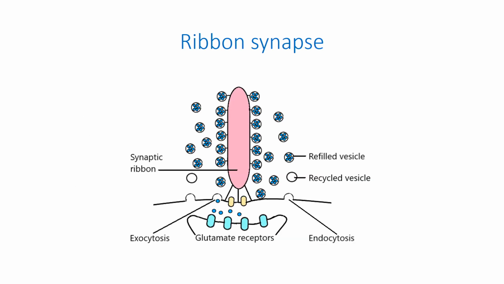Rod and cone cells and bipolar neurons in the retina and hair cells in the inner ear have specialized ribbon synapses. They possess an electron-dense proteinaceous organelle, the synaptic ribbon, which is anchored to the cytomatrix at the active zone of the plasma membrane density. About 100 or more synaptic vesicles containing glutamate are tethered on the synaptic ribbon. They provide a pool for sustained release that is 5-fold greater than the docked pool available for release in conventional synapses.